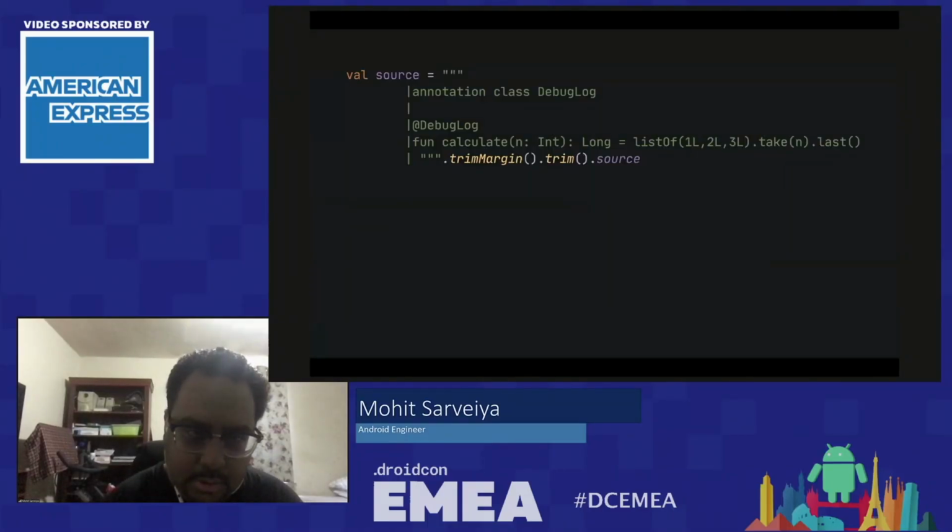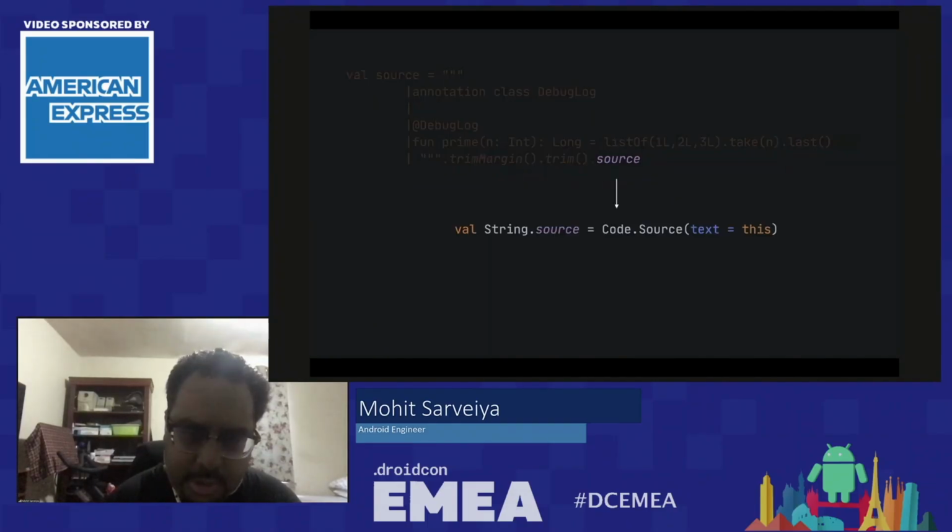And let's look at how to test it. So first, in my test, I'm going to specify the source that I want my test to act upon. And this is my source, similar to what we saw before. You basically have a debug log on the calculate function, and then you specify what your expected outcome is going to be. So this string template also has an extension that I'm calling on that gets converted to a source